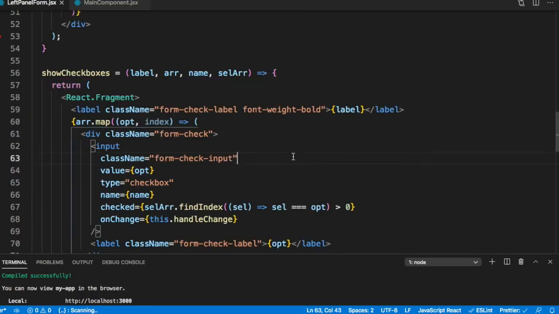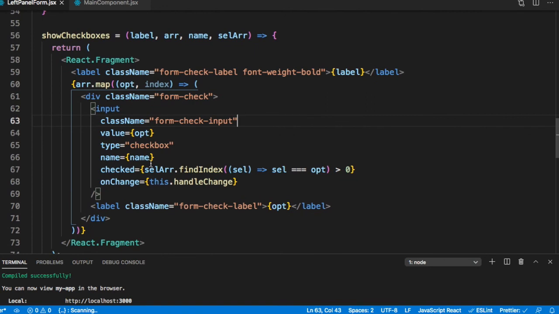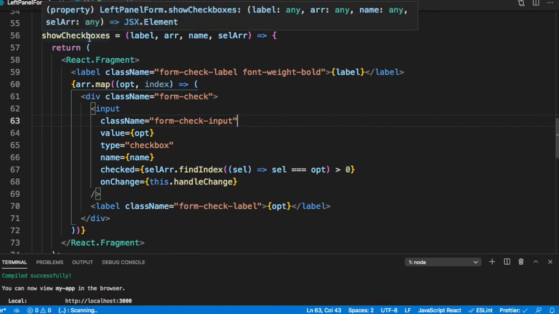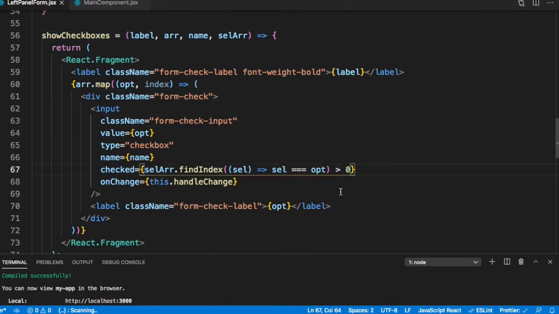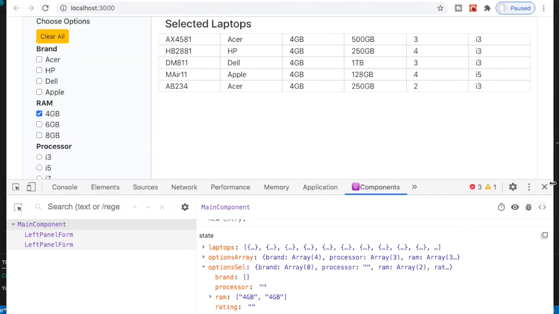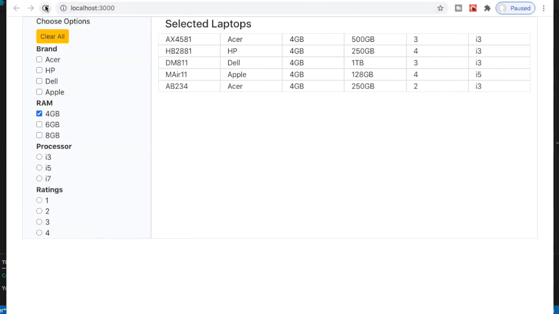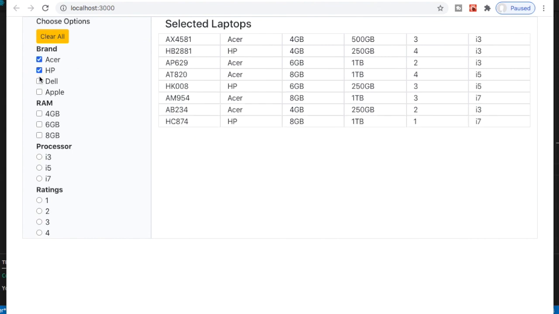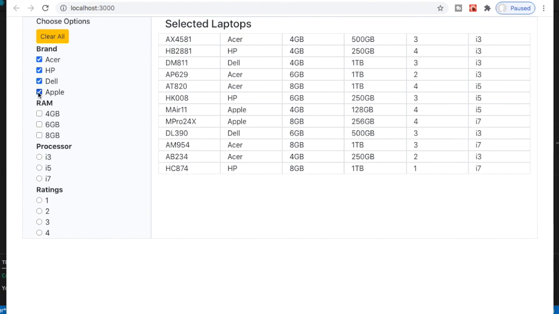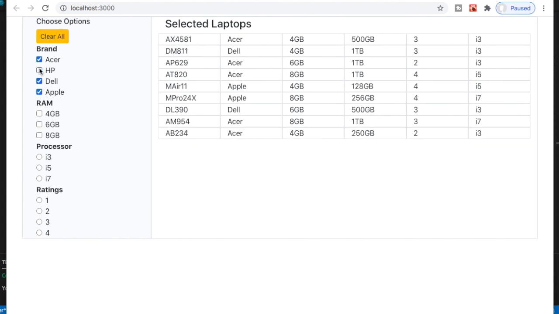Let's start with our show checkboxes. This seems to be the problem. This should have been greater than or equal to 0. So for the first value, it's missed it. Let's see whether this corrects the issue. If I click on Acer, yes, this is now working fine. I get all the laptops.